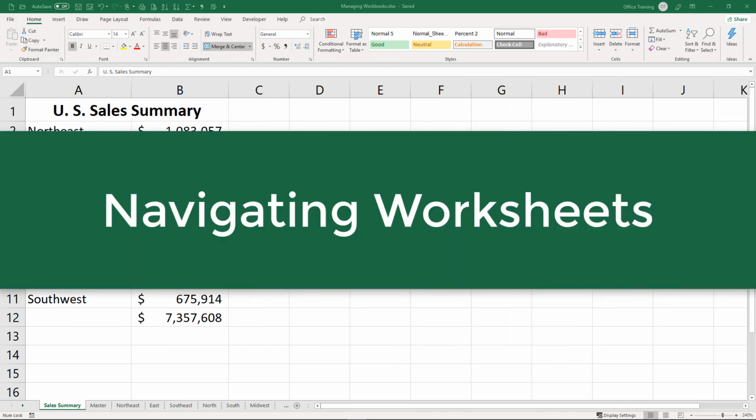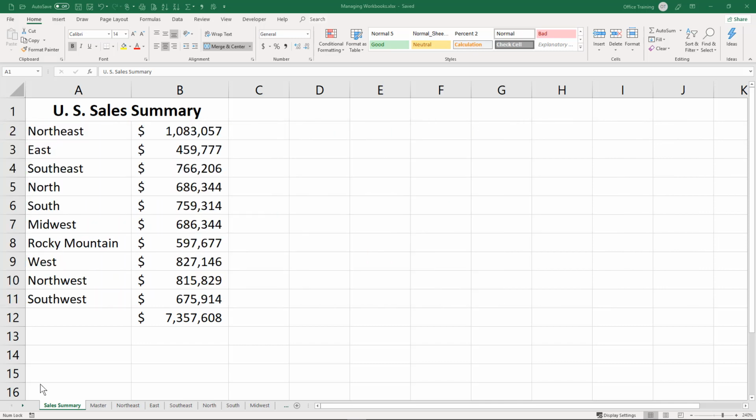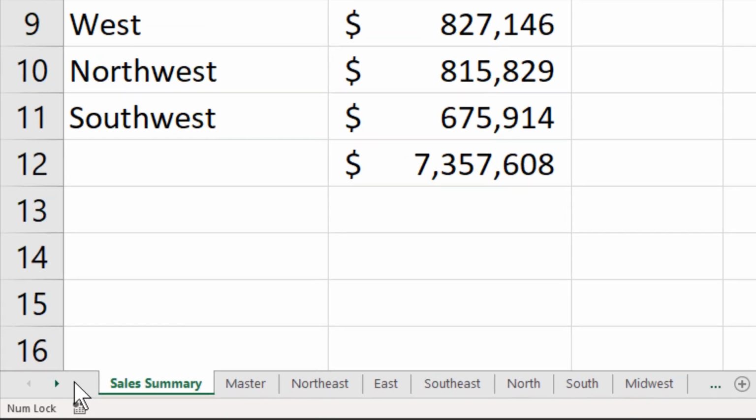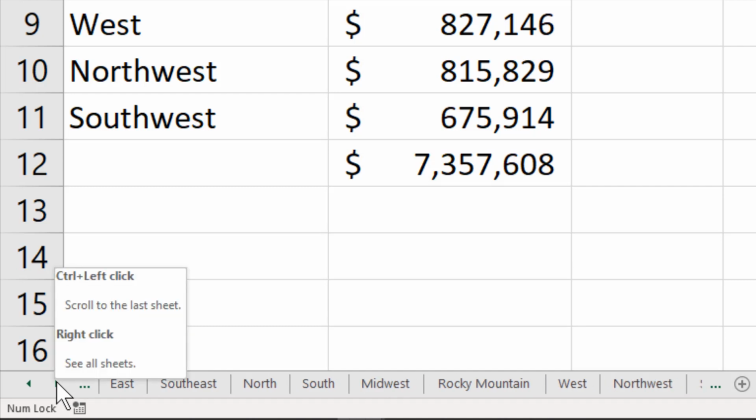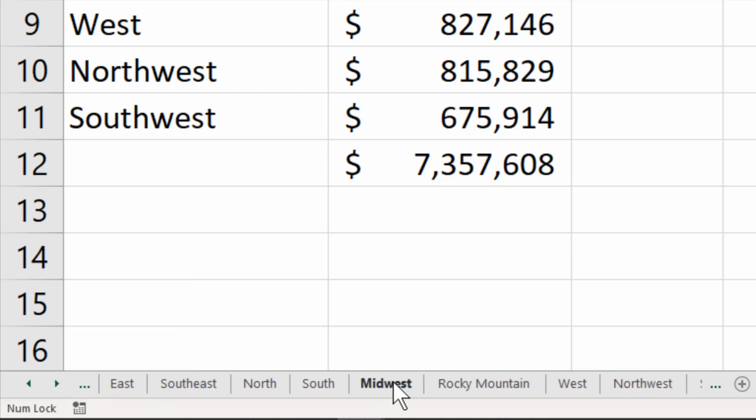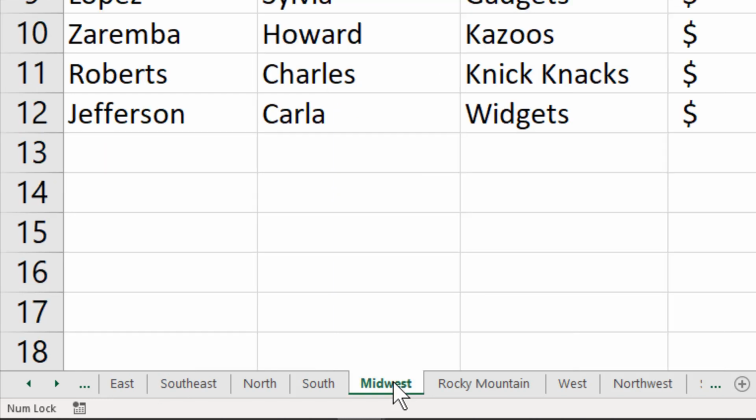Let's start with navigating. If your workbook has more worksheets than you can see at the bottom, click on the left or right navigation buttons or triangles that you'll find in the bottom left corner of the workbook. Once the worksheet that you want to move to becomes visible, simply click on the Worksheet tab to make that